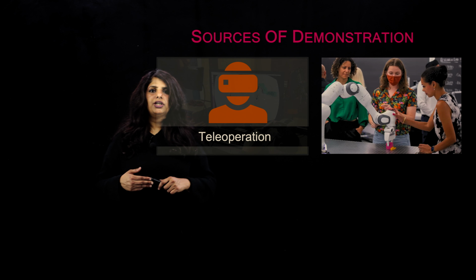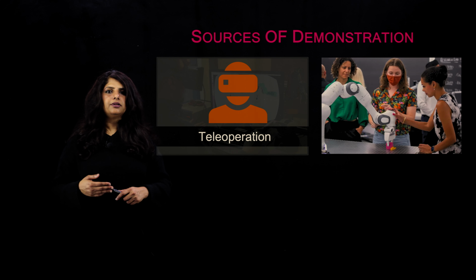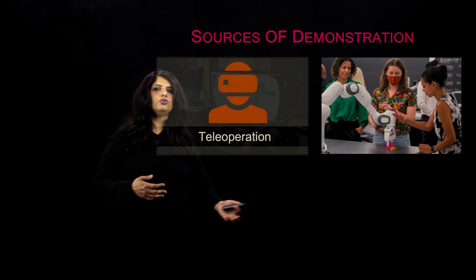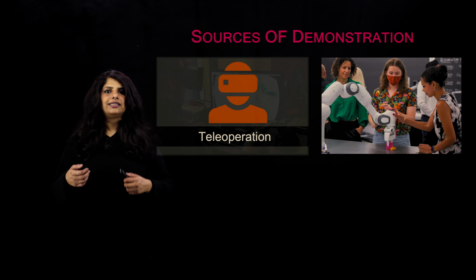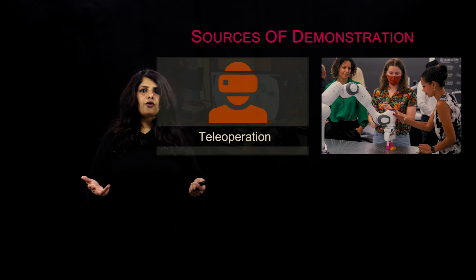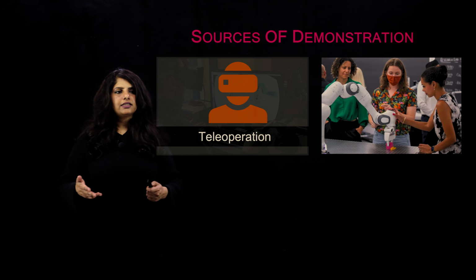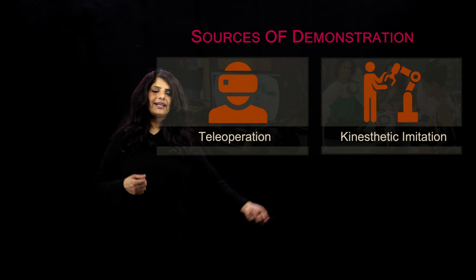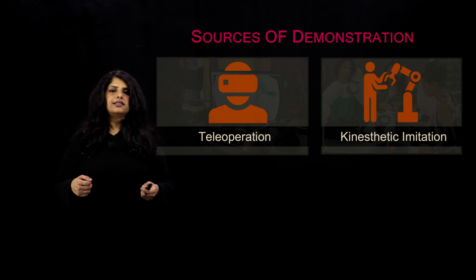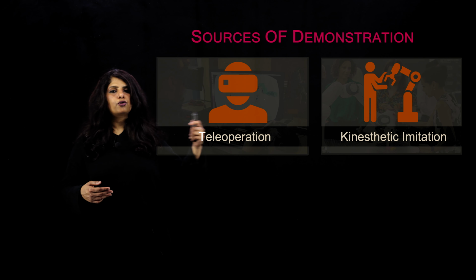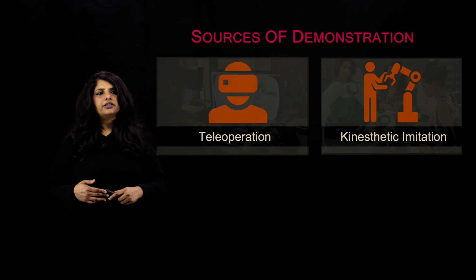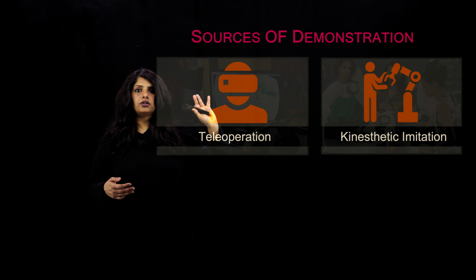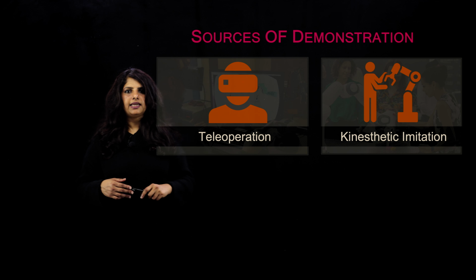Another type of demonstration, like in the ball and the cup example, is by guiding the robot physically through the sequence of actions that it needs to take to be able to perform a certain task. This is called kinesthetic imitation, where the user is showing exactly how to perform a certain sequence of actions for the robot to then learn from. This means that the demonstration action space and the action space of the task itself are the same.